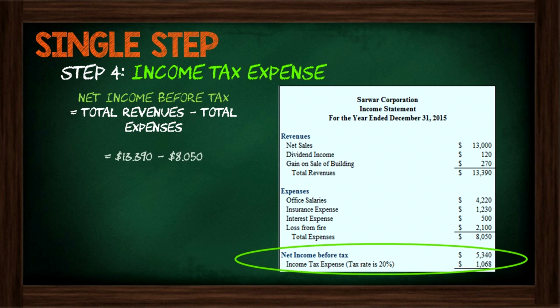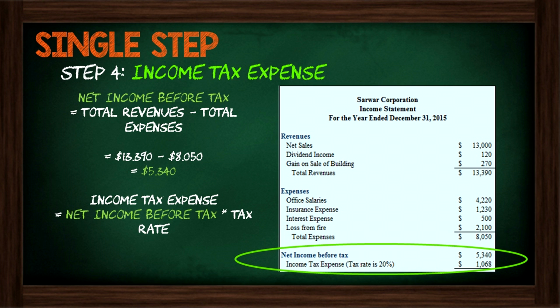So $13,390 subtracted by $8,050 gives us our net income before tax of $5,340. Then, simply we just calculate our income tax expense. In this case, tax is 20%. We take 20% of $5,340, figure out that our income tax expense is